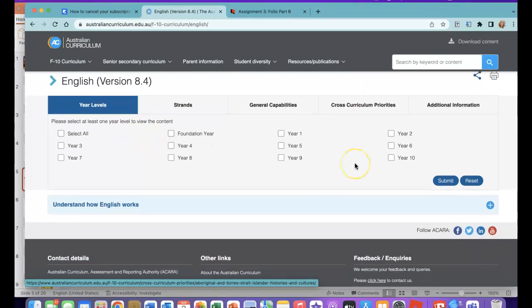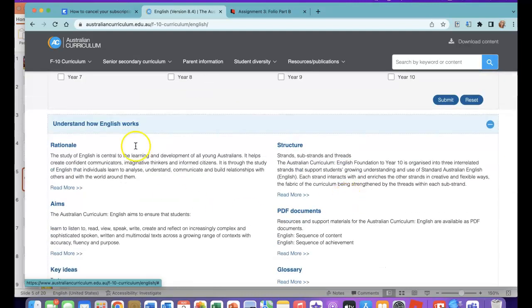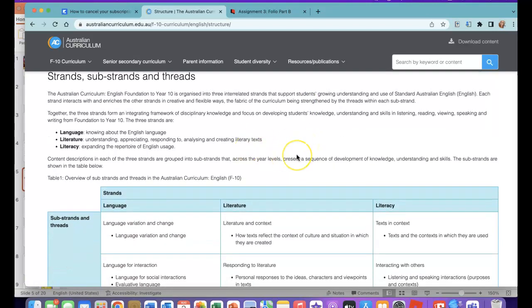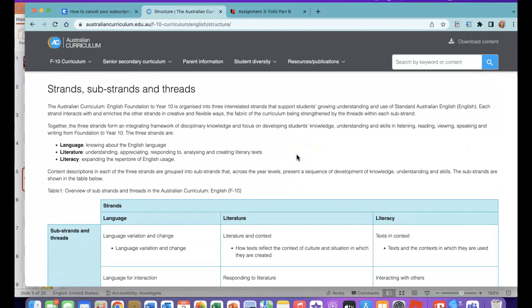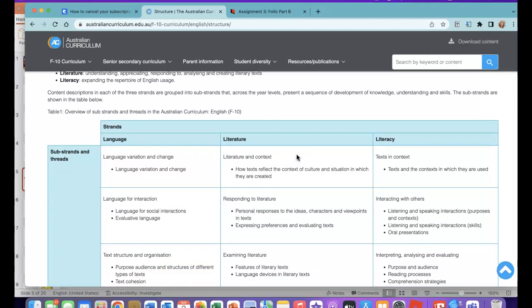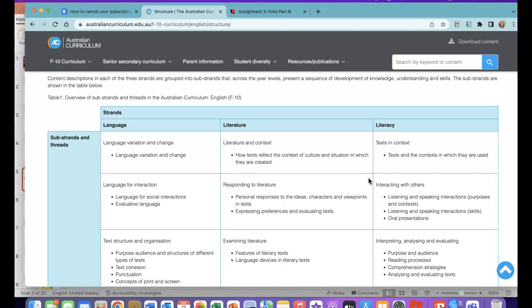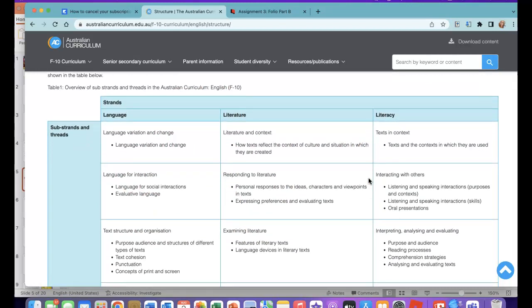And have a look at how English works, and it brings you to this concept of structure, which I'm going to click read more. Underneath that gives you quite a detailed overview on each of the strands, substrands, and in particular content descriptors. So when we decipher the difference between these strands, we're looking at language being the mechanics of language, language and variation, how you use language in terms of social interaction, and how language can be different for